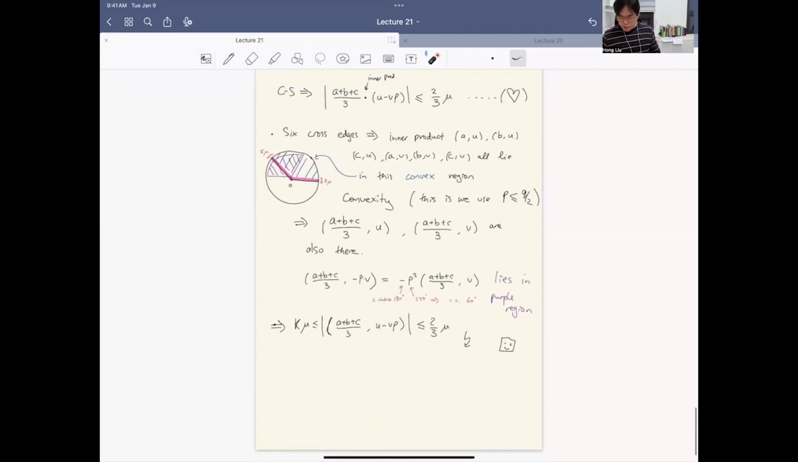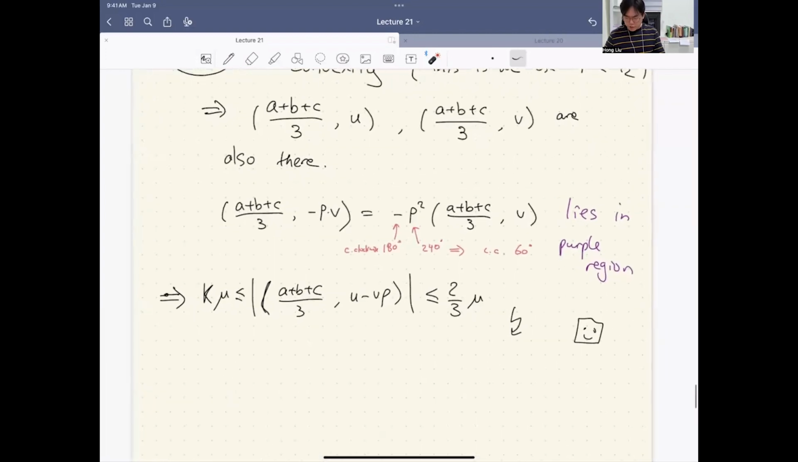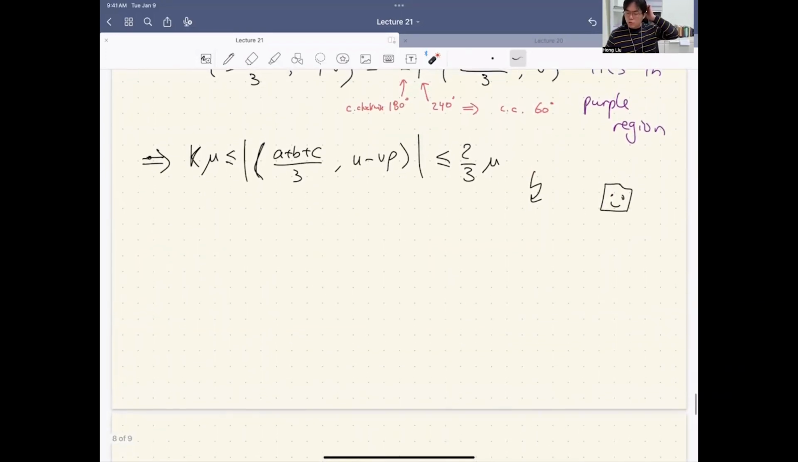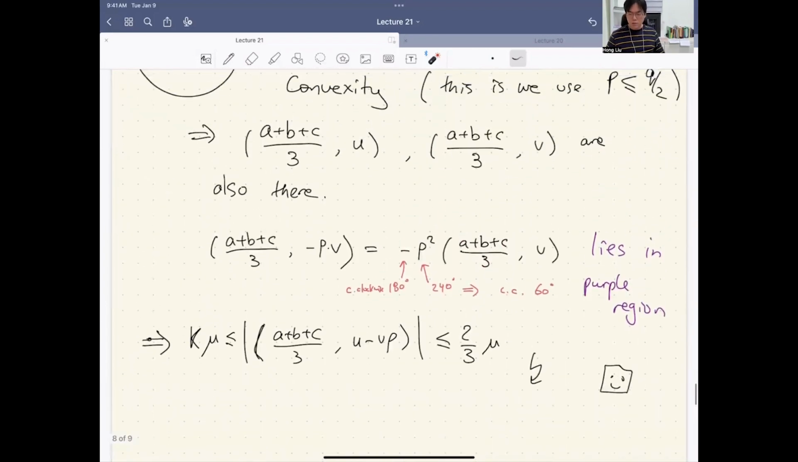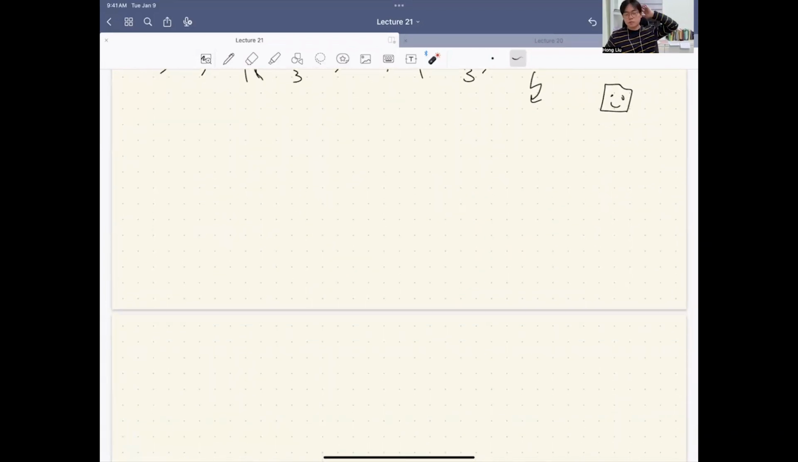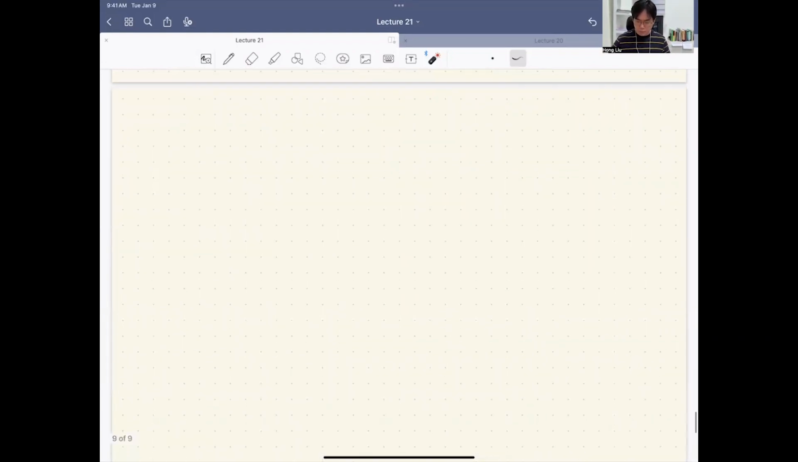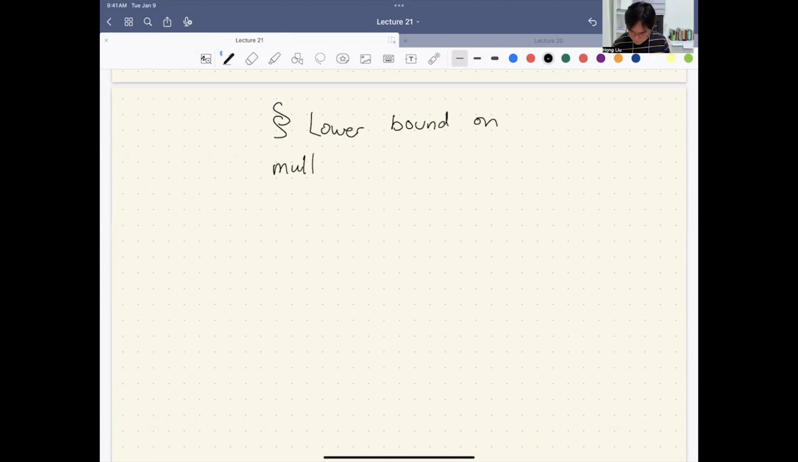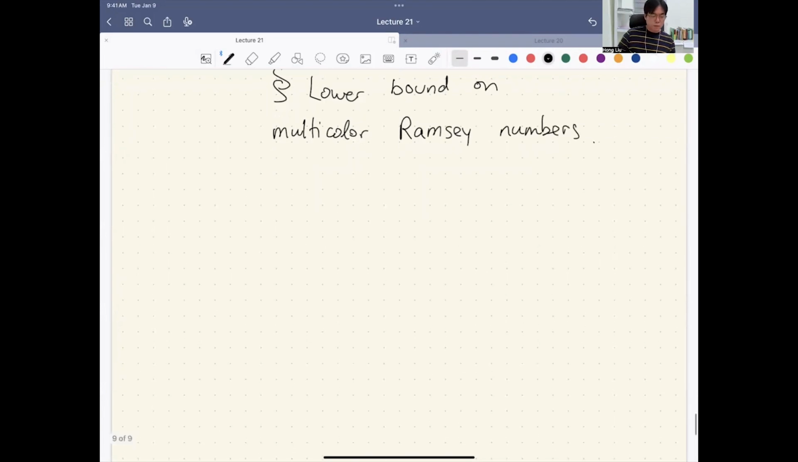So now I have a reading assignment for the person taking this note. Let me briefly sketch one more construction. Also a nice recent development on lower bound on multicolor Ramsey number. So let me define this multicolor